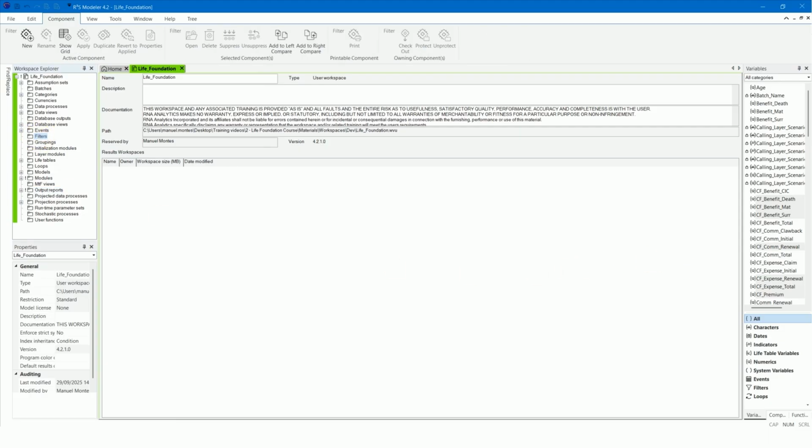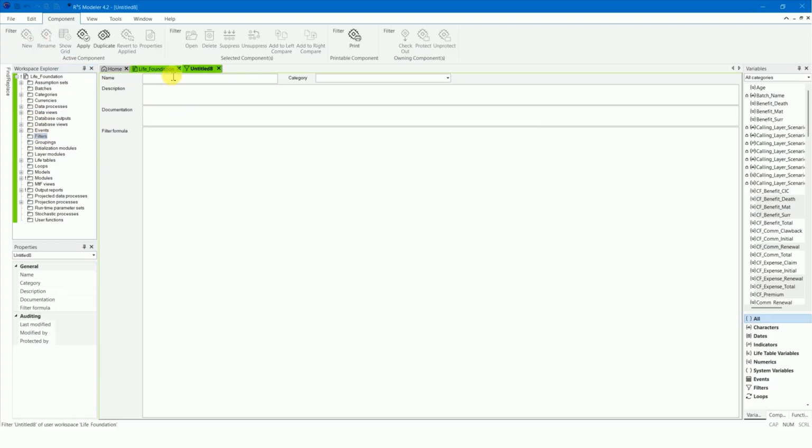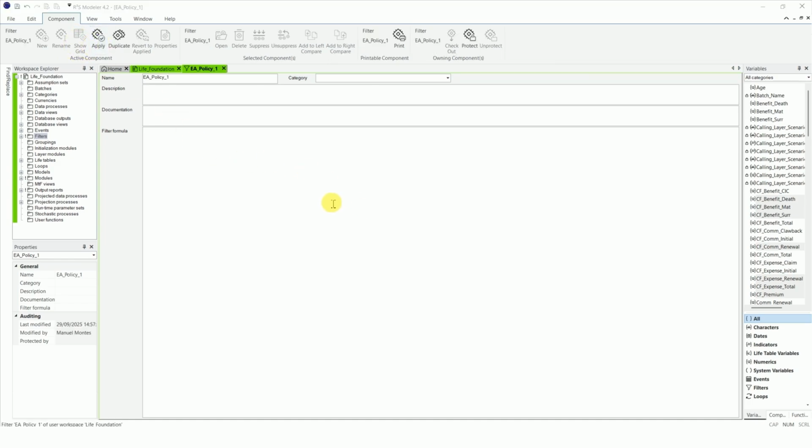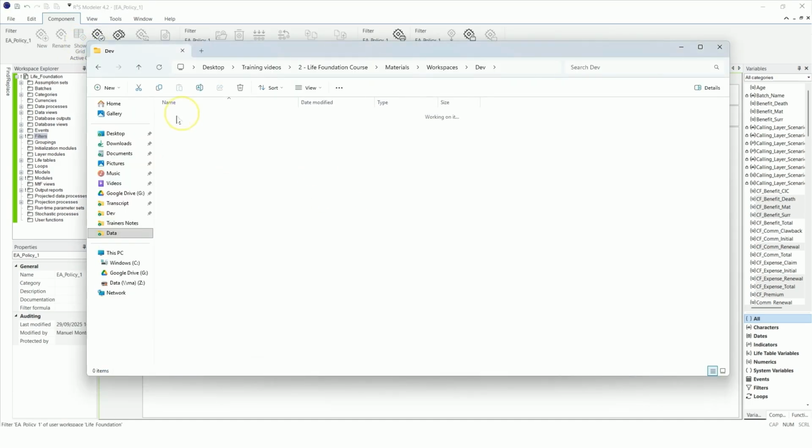Finally, we can add a filter to the model. To analyze filtered sample results, we can use the Sample Output Filter property within the program or data source. Add the filter EA Policy 1 to filter the first policy in the data file.